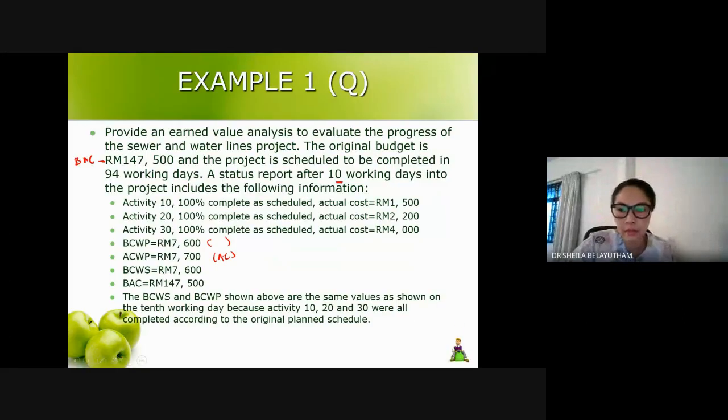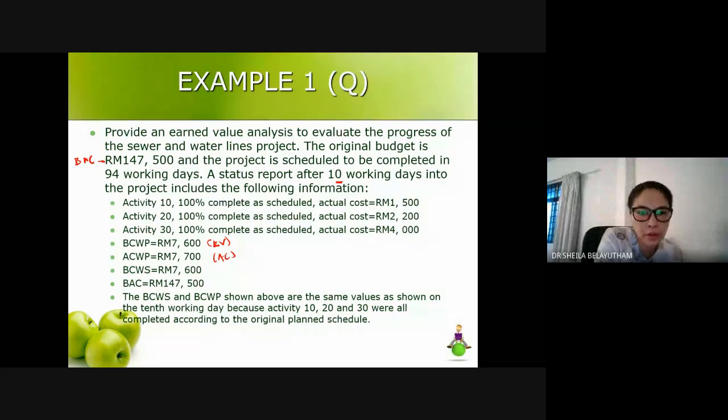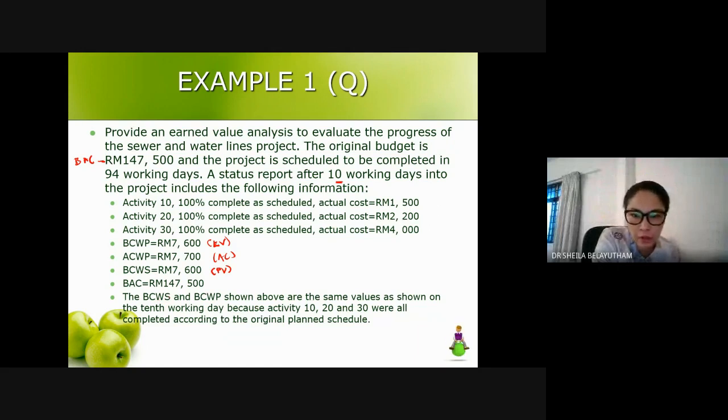Okay, so by right, the first one, budgeted cost of the work performed, is EV. Actual cost of the work performed is actual cost. Budgeted cost for the work scheduled is planned value. And then you have your BAC, the total project cost. The budgeted cost of the work scheduled and performed shown are the same value,